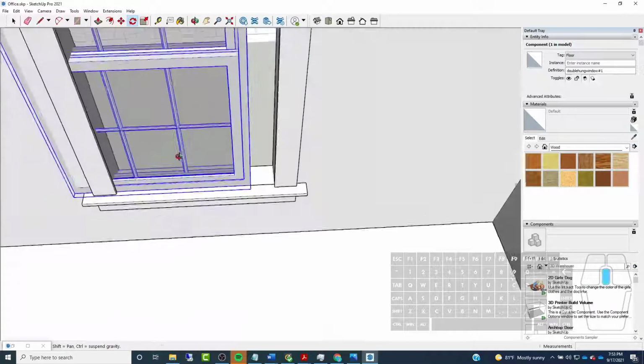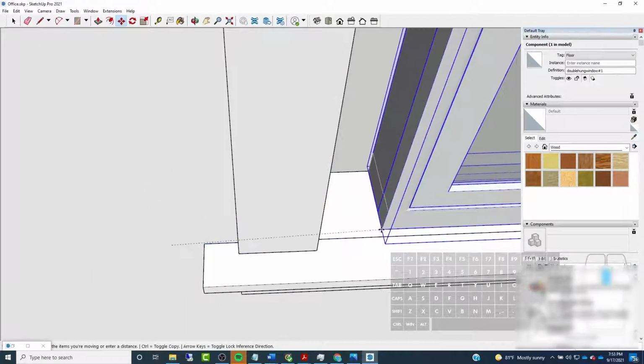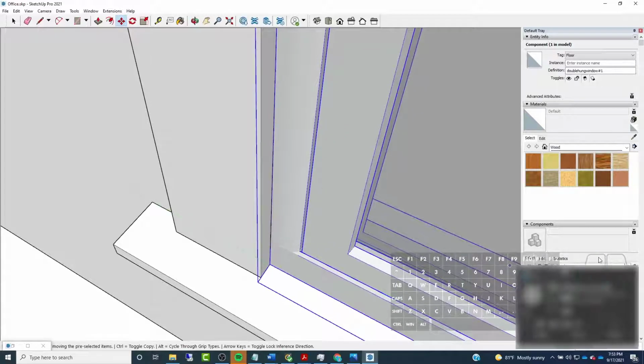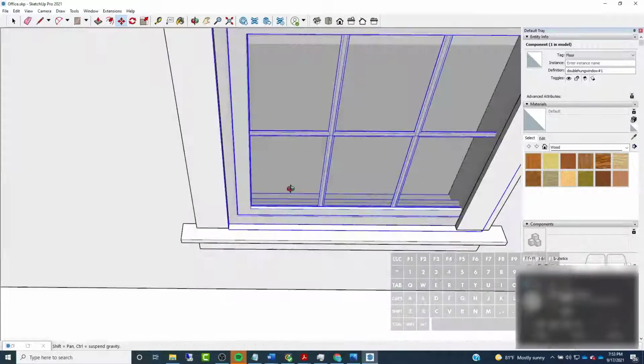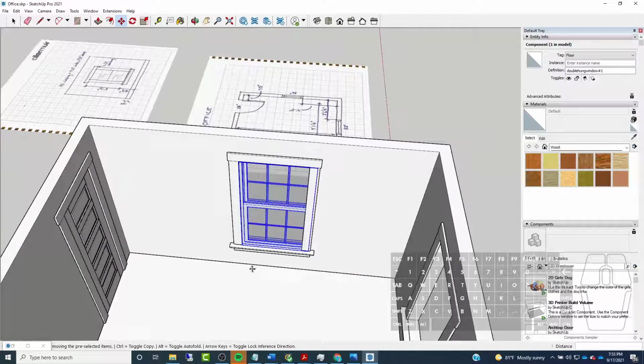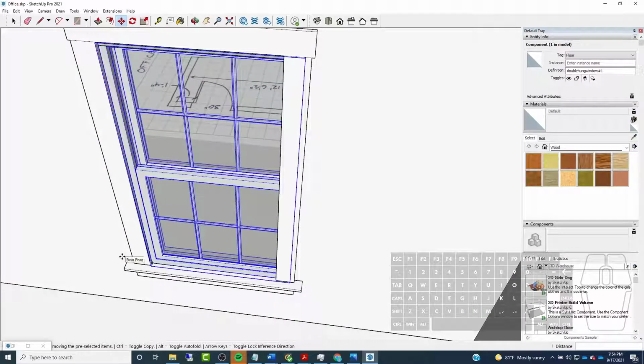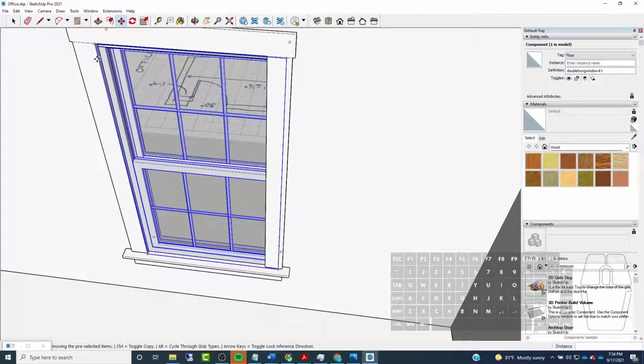Rotate that around, and I'm thinking it's going to expand from left to right, so I'm going to align this edge here to there. And now that I have that,